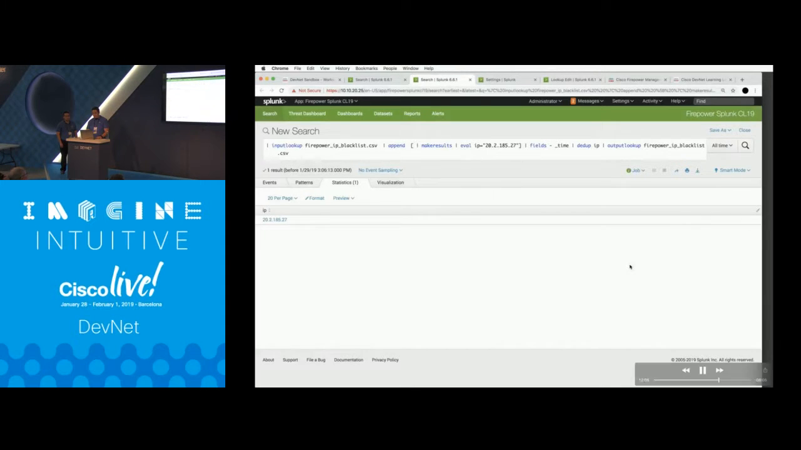So now we can see that after this query successfully ran, we now have the IP 20.2.185.27 available in the input lookup, which we're now going to import into TID. And to do that,